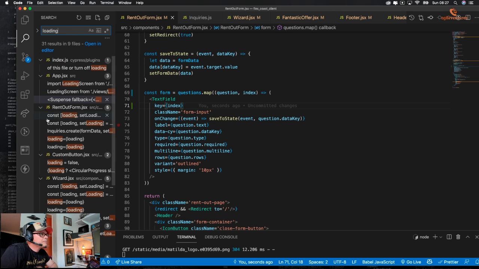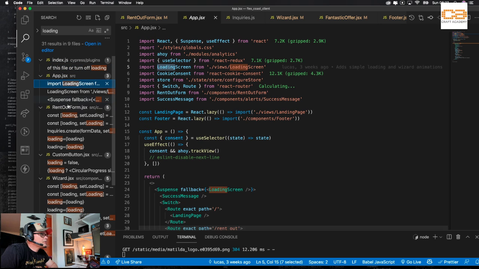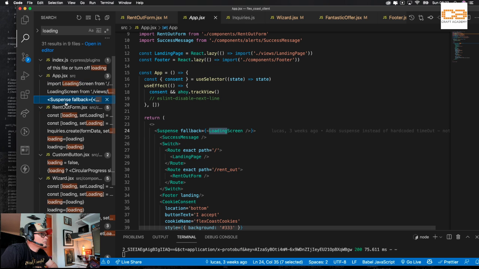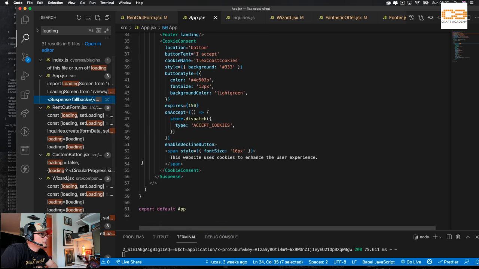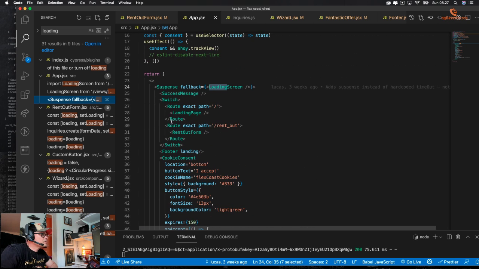Loading, oh shit. Yeah. Right, that's not it. It's a loading screen. Right, suspense fallback, loading screen. So if everything is wrapped in suspense here, I probably don't need those fragments.